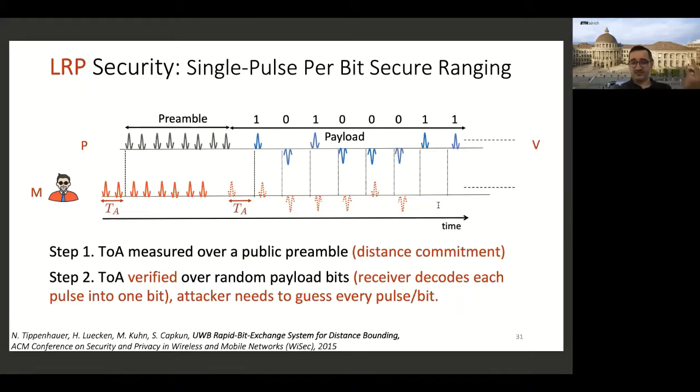And that's essentially it. You don't need to do much more if you operate in a single pulse per bit mode. You get one pulse, you get one bit out of it. And in some sense, it's simple. It's a concept called distance commitment that we introduced a long time ago that enables this, and it's a pretty simple scheme.